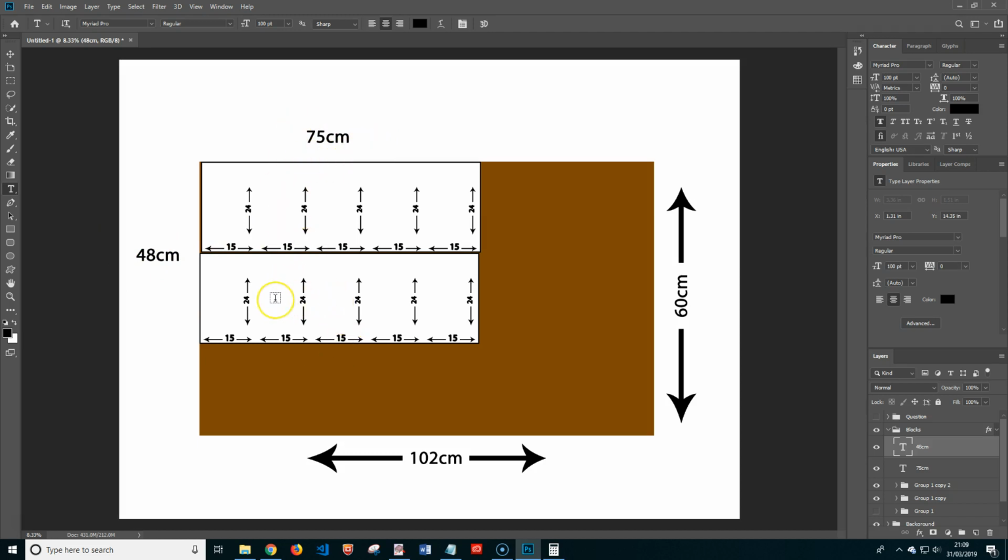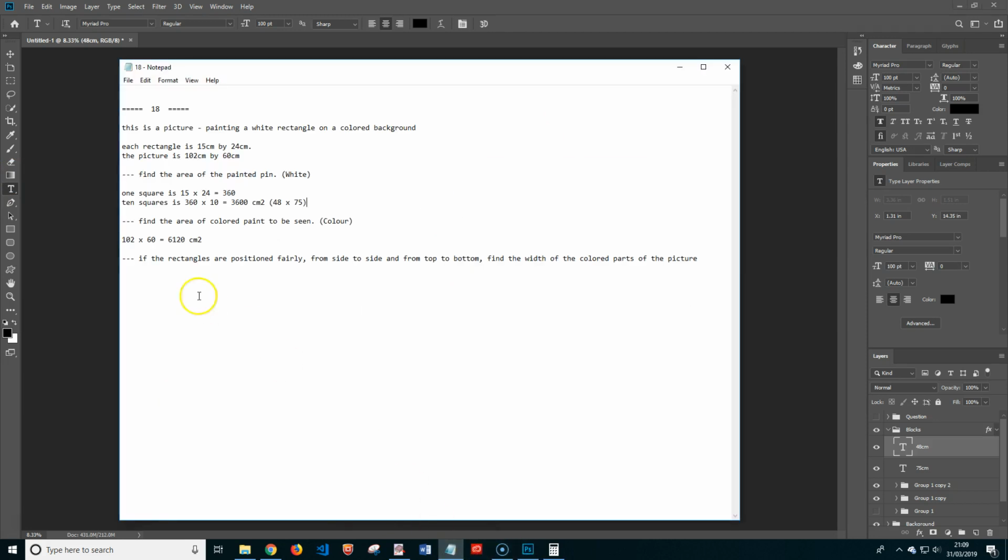So what we need to do now is we need to take this entire size. So if I put our two answers together, which we have here, 3,600 for the white squares, and 6,120 for the background. So all we're going to do here in this one is we're just going to do 6,120 minus 3,600, and that will equal,